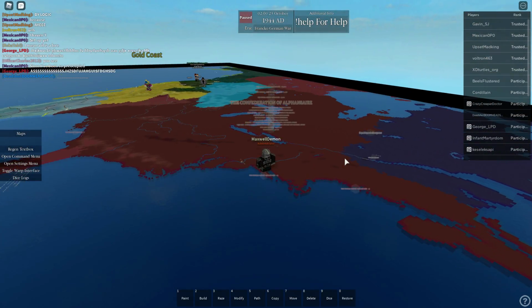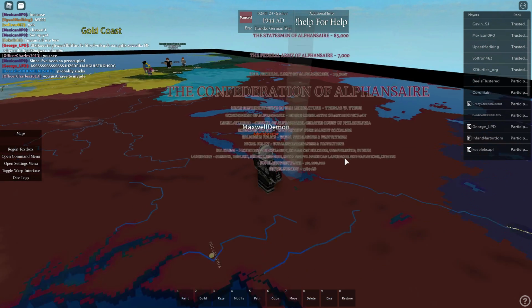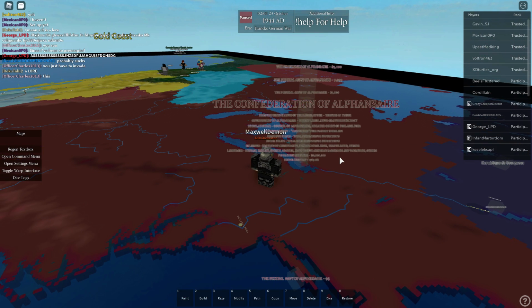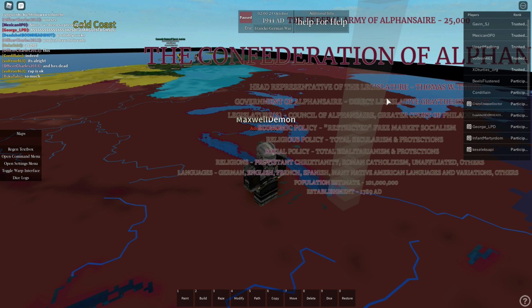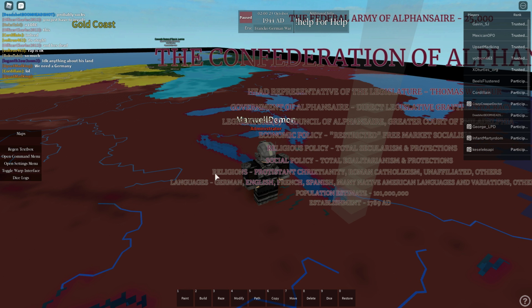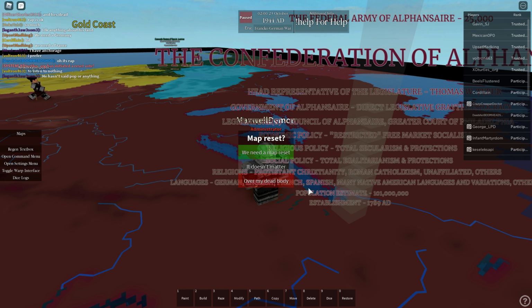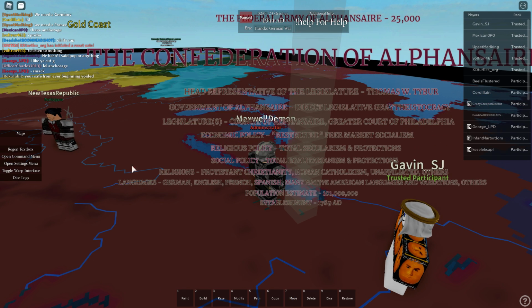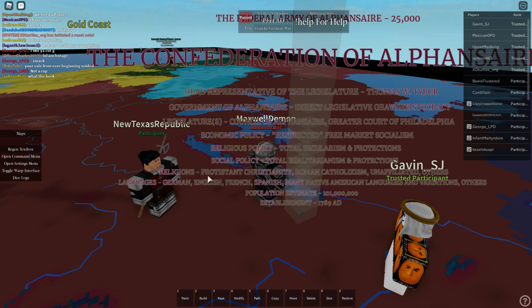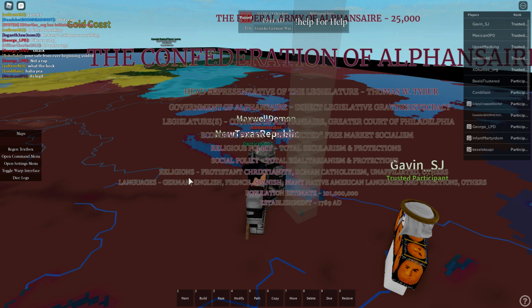So we have the player's nation here, the Confederation of Alphenser. We have all this kind of information that's good: the head of state, legislature, languages, religions, establishment, population. The things you mostly want in a custom nation are probably the population and the ethnicity and religion. Also having the government is very important,